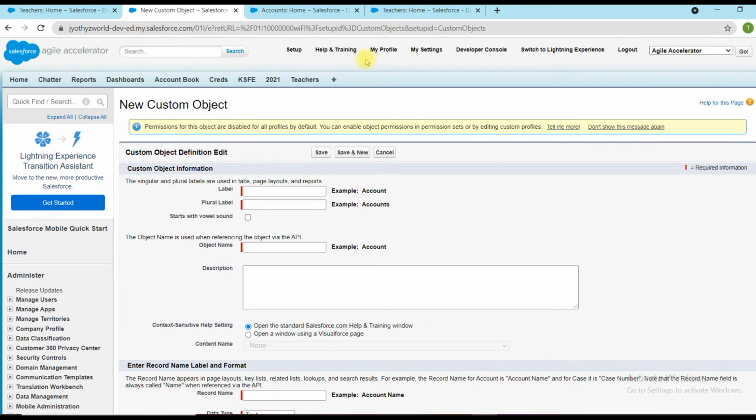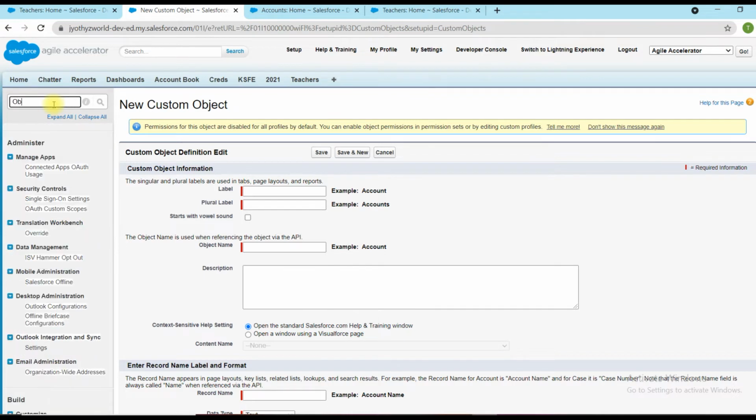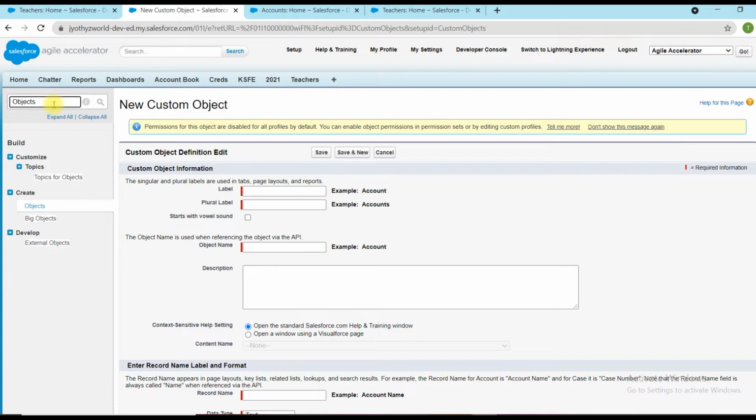Here, see, whenever I created that teachers object, the teachers tab was created, so it is already available here. But whenever I created a student object, I didn't create anything for the tab, so it is not created yet. Got it? So I want to see the student object. So go to objects again. Under objects.